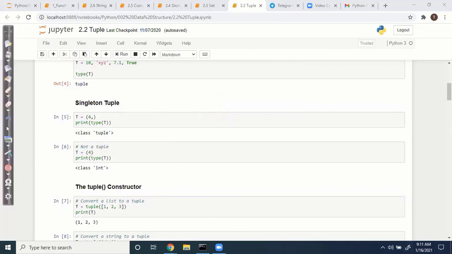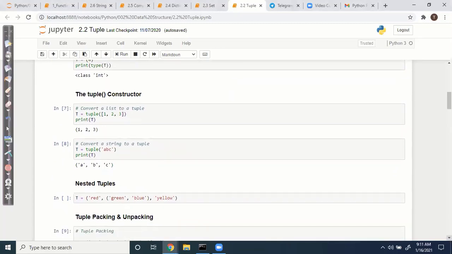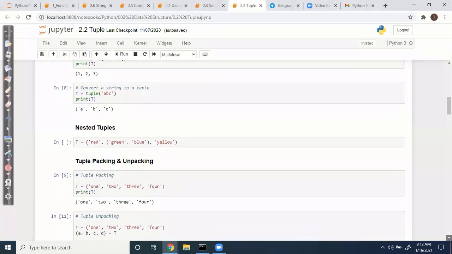So how to create a tuple? If you have any other objects you want to convert into a tuple, just use the tuple function. That's it. We have seen this in data conversion, how to convert one type to another type. Similarly, if we have a list object and want to create a tuple, you can just use the tuple function. Here a string is getting converted into a tuple. Already we have seen all these things in list, and the same will apply in tuple also.